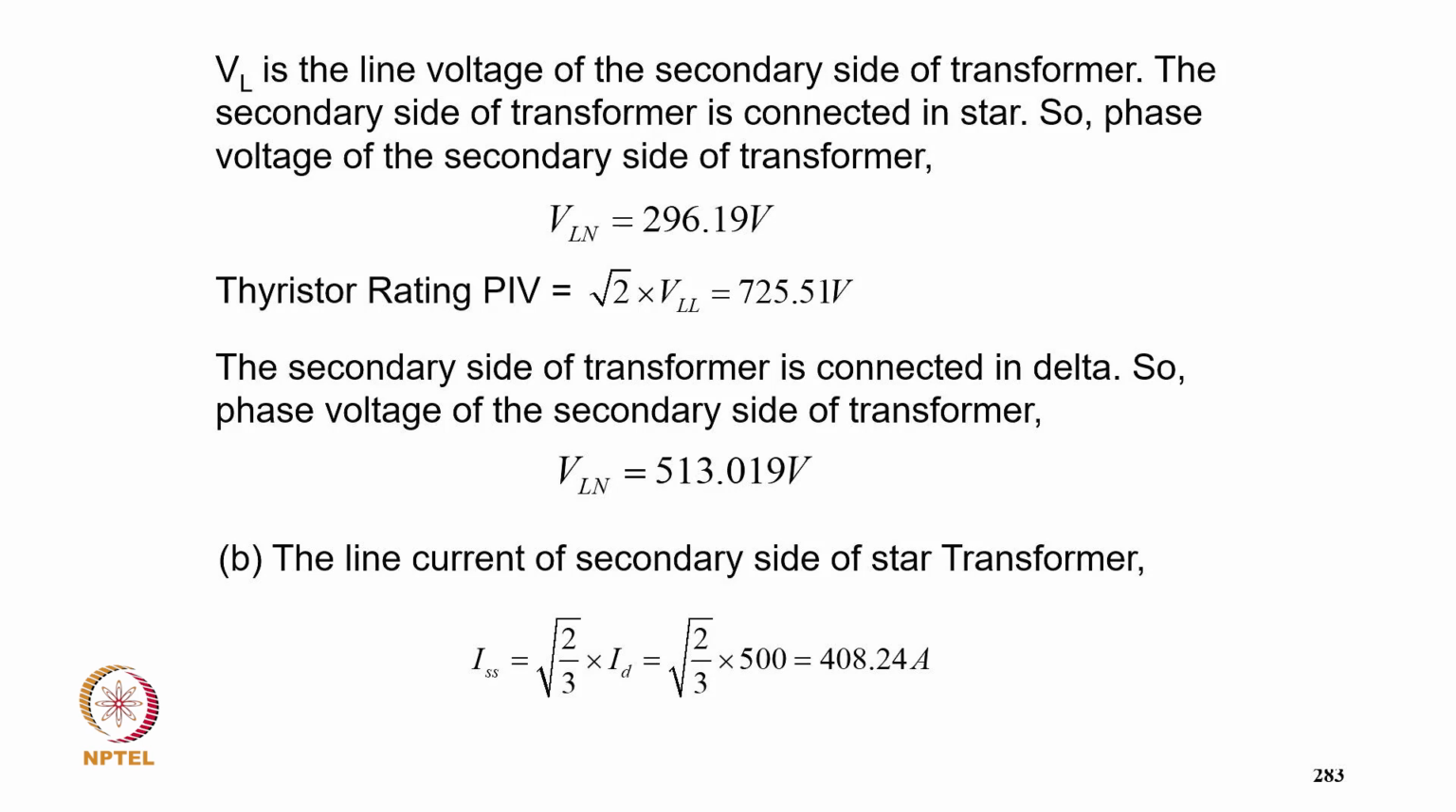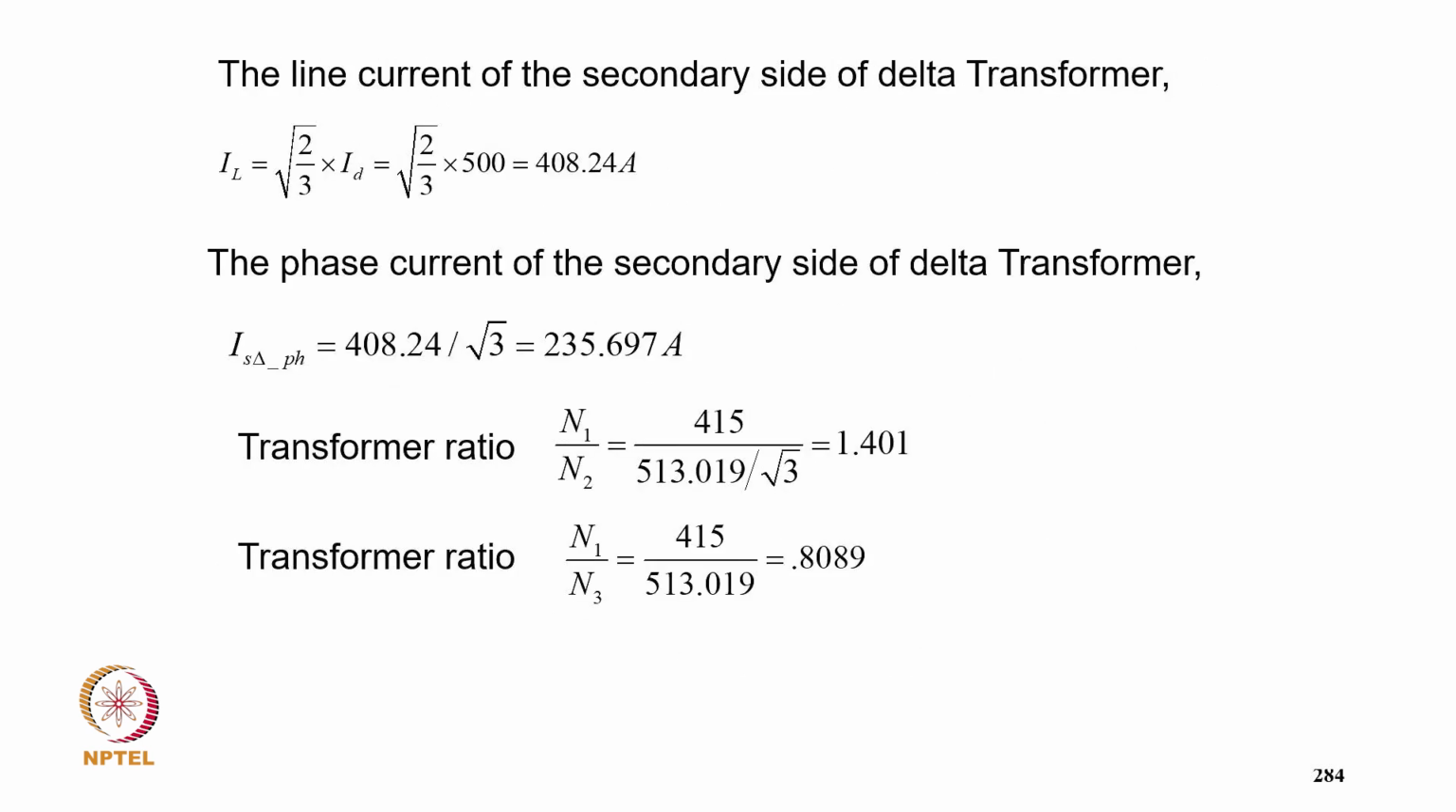The secondary side transformer is connected in delta, so the phase voltage of the secondary side is VLN equal to 513.019 volt, and the line current of the secondary side transformer is root 2 by 3 ID, that becomes 408.24 ampere. The line current of the secondary side of the delta transformer IL equals root 2 by 3 into ID, that comes to 408.24 ampere, and the phase current of that secondary side delta is 408.24 divided by root 3,